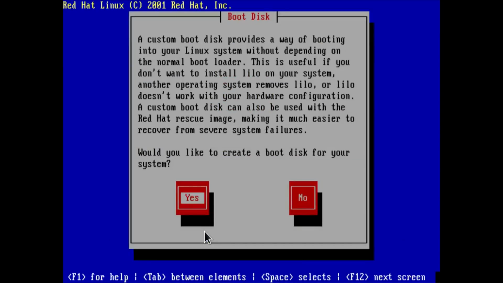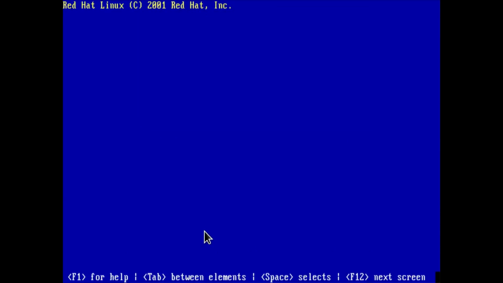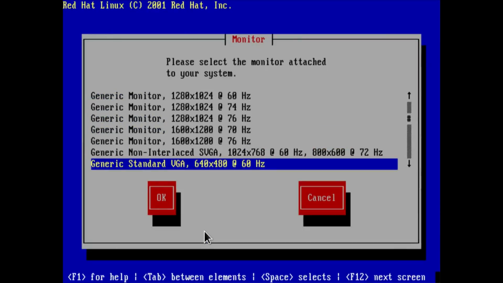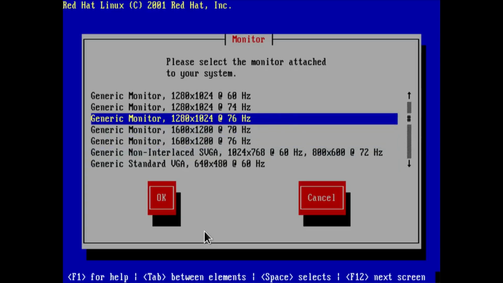Okay, so the installation is done. There's a few more things that need to be answered until it reboots. So you don't need to create a boot disk because it's just an emulated system. Now here, there's a few things that need to be done. We need to choose